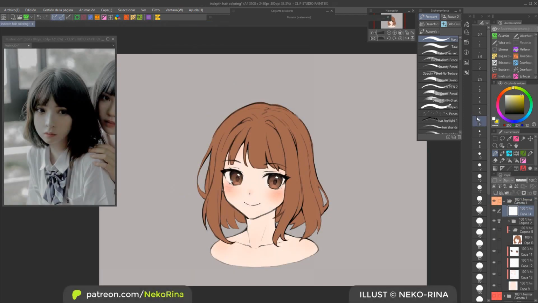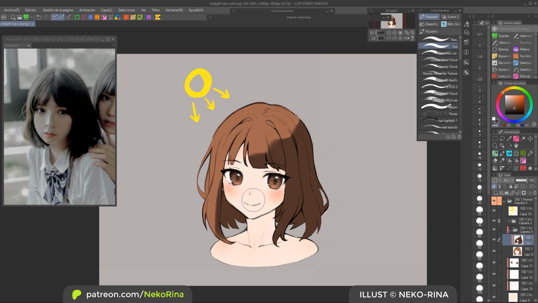Okay, so I've decided I'm going to have my light source somewhere around here, like on this reference picture. And what I'm going to do now is split the light and shadows like we are seeing here. Remember, we are going for big shapes here, absolutely no detail yet. Pretty much everything in art becomes a much easier task if you start drawing from the biggest shapes to the smallest shapes. Because in case you didn't know, our brains read from big to small. So if you mess up the big shape, you're gonna mess up the details too, probably.